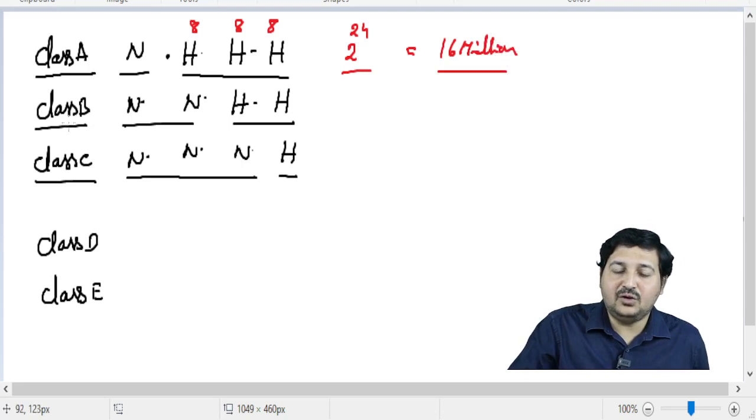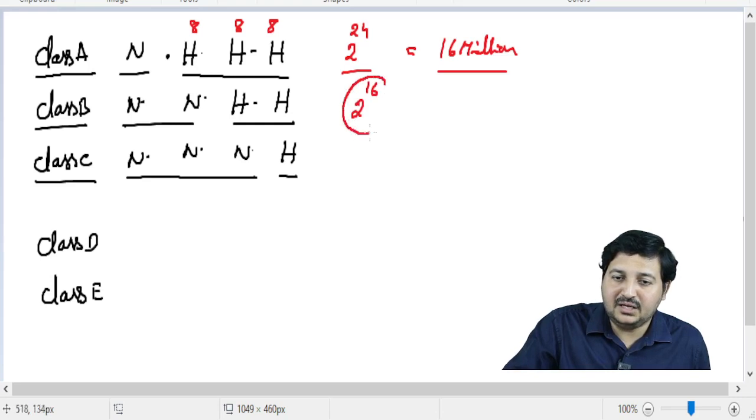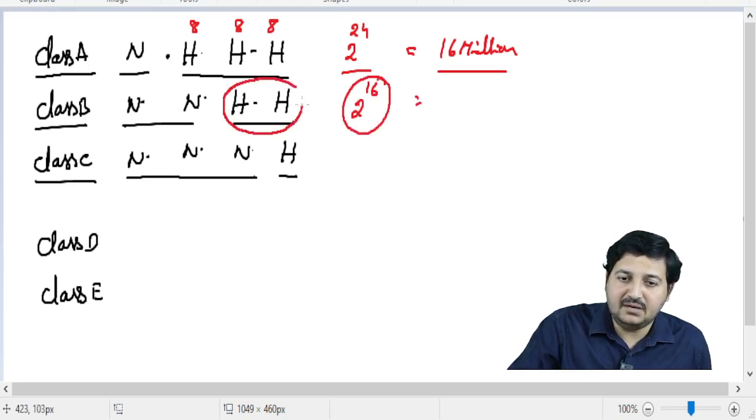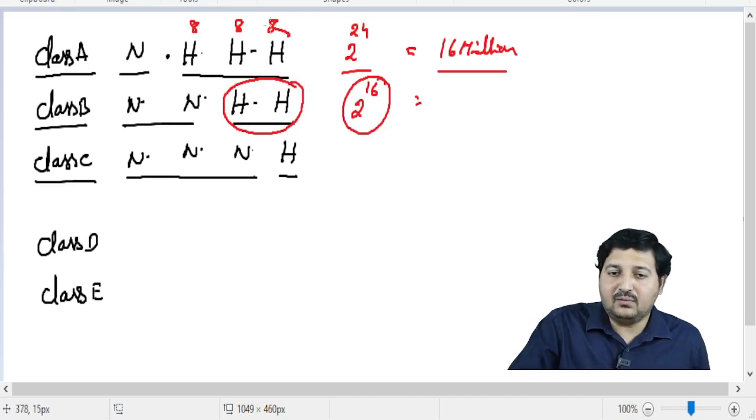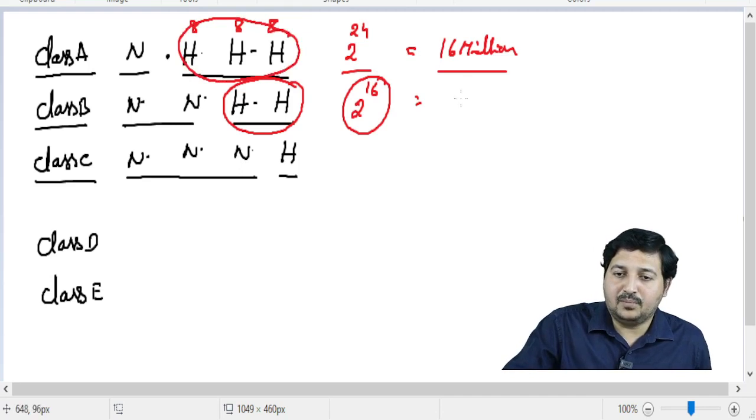The same thing when you come to a class B network. What is the size of the network? 2 to the power of 16. Why? Because in host bits we have 16 bits. See again, the size of the network depends on what? It depends on your host bits. So 2 to the power of 16, which becomes